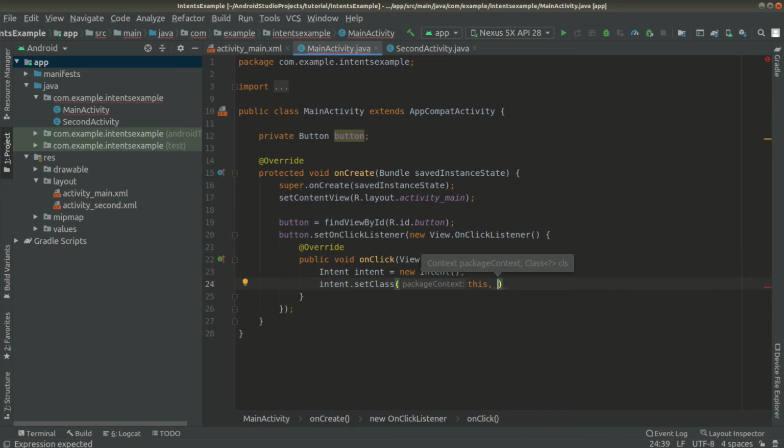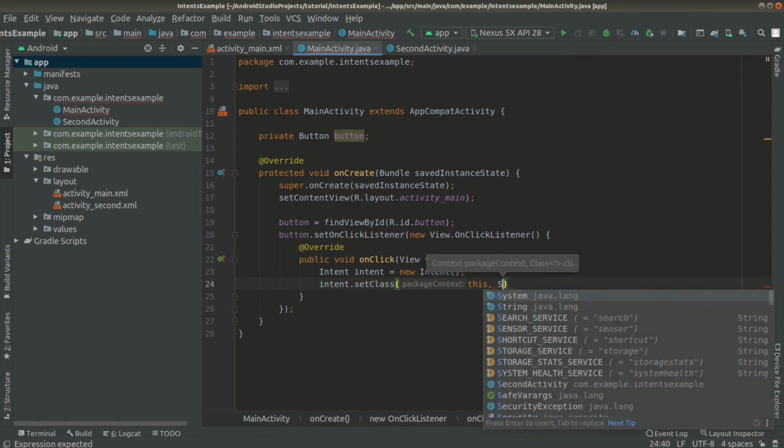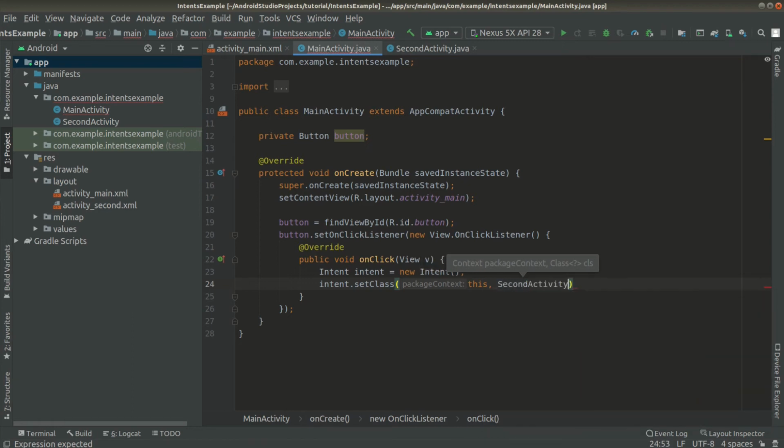So probably in one word you need to give the class name of the activity which you want to start, or the class name of the component. Maybe in a generic way we can say the class name of the component you like to start. So the class name of that is second activity dot class. Okay, we will get an error here. What is this error? This. Now this refers to